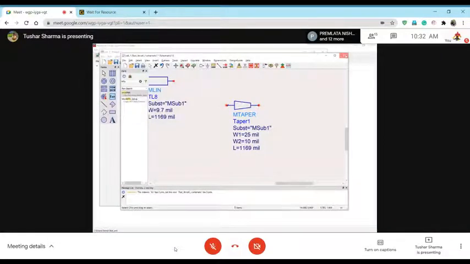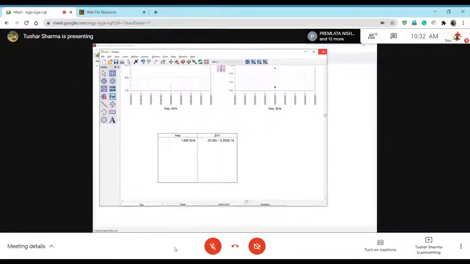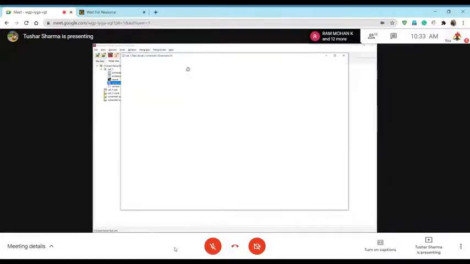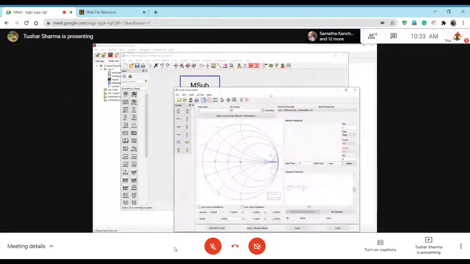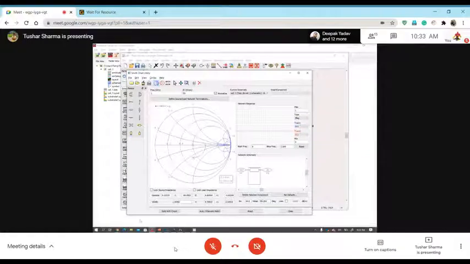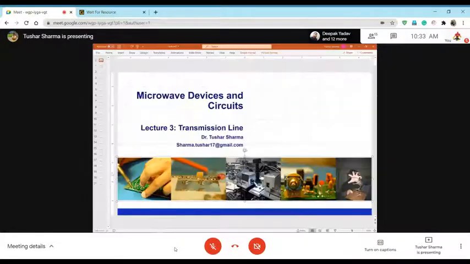I also want to show you one more thing before I forget. Basics of transmission lines. We were at 1 gig, and I showed you that, say my load impedance was 100 ohms. Now I use a transmission line. I told you that it moves on a constant VSWR circle, like if you start from 45 degrees.